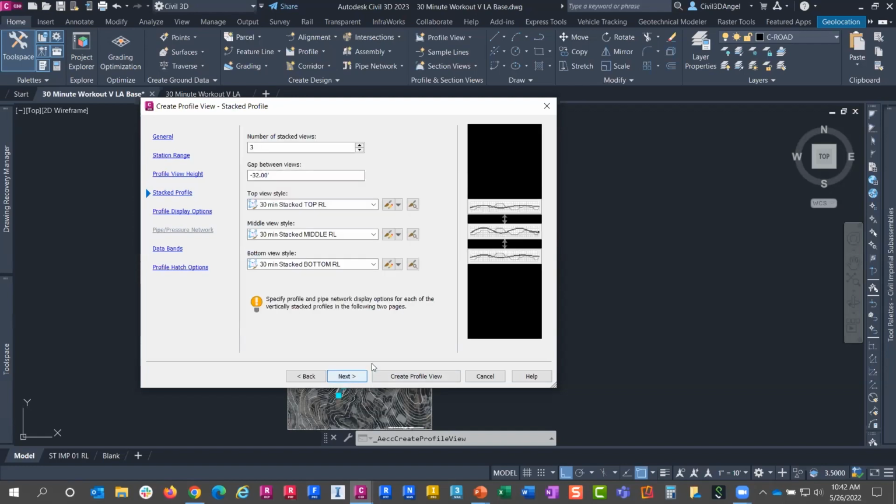Now, very importantly, this is the new option that appeared, the stacked profile. And this is the new pane that, unless that check mark is on, most people don't see. So let's explore this a little bit. One, it's going to ask me how many stacked profiles do we want or do we need? In our case, we want 3, but we can very simply increase the size. You can see as I do so, the previews will update,